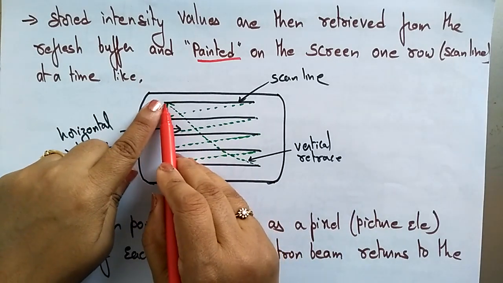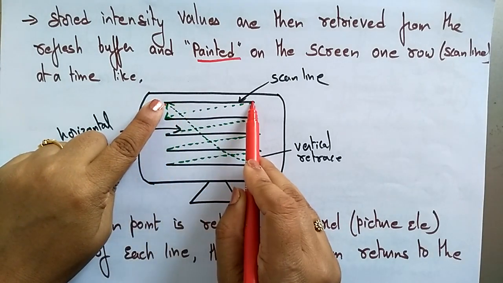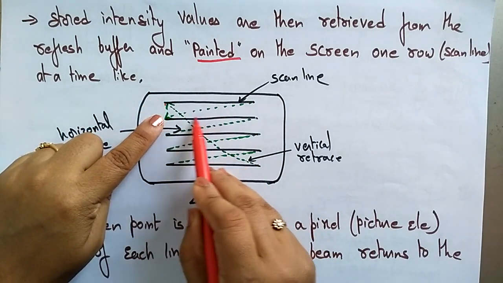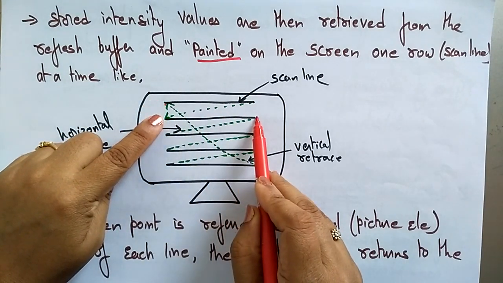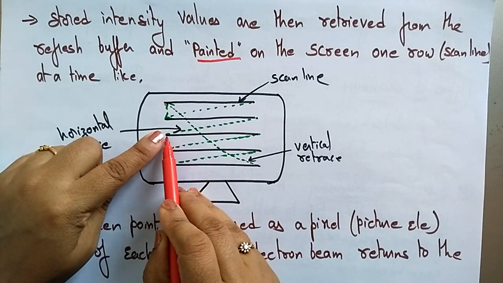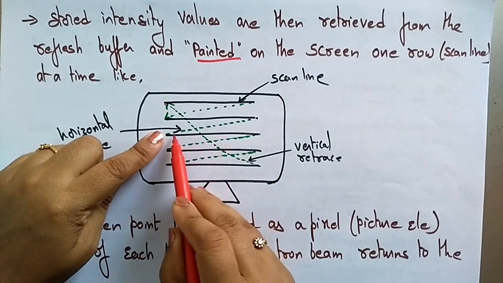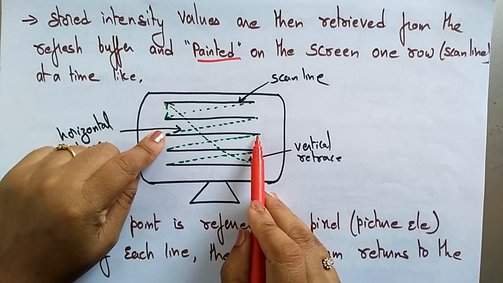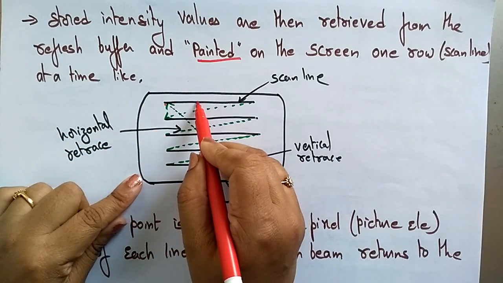So the electron beam starts here and continues till the end of the screen. Again it comes back to the next row and continues till the end of the scan line, and again comes back to the starting of the third row and continues until the scan line ends. Okay, suppose I want to draw here